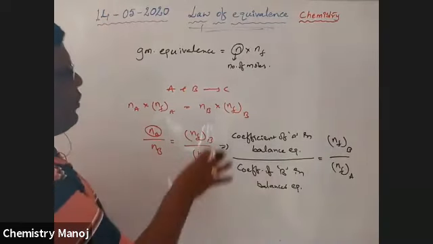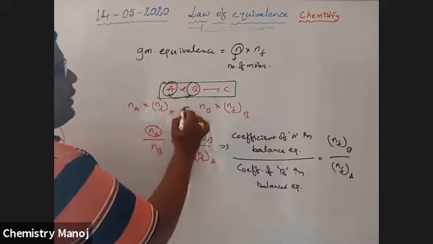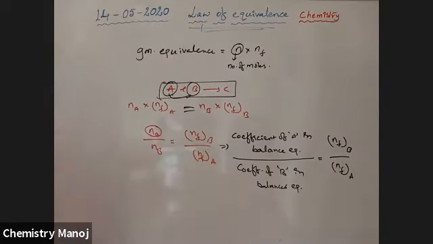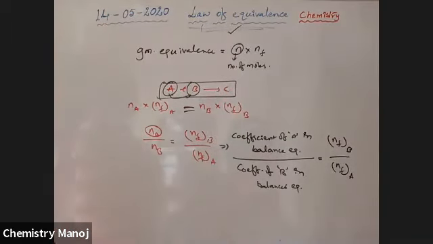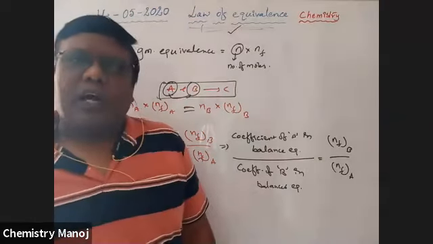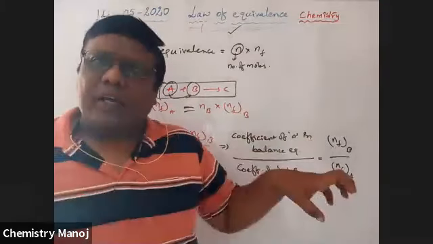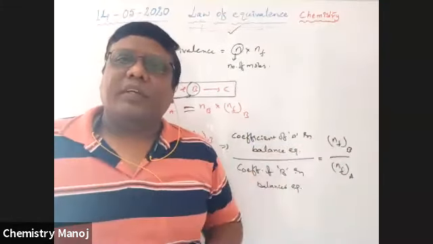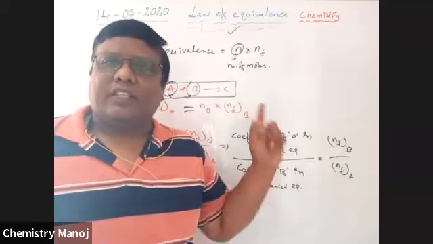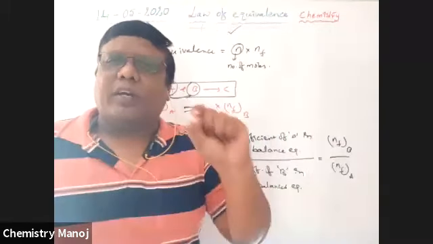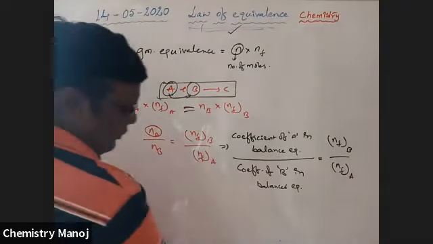Okay, so these are very, very important cases. Whenever a chemical reaction takes place, the equivalence of those reactants must be equal. That law is called the law of equivalence or law of chemical equivalence. Okay, so this is the smallest topic and largest application in your entire chemistry. It is the smallest part, but very, very important and the simplest one. So please wait. Okay, thank you.